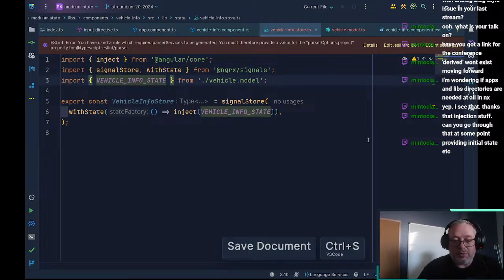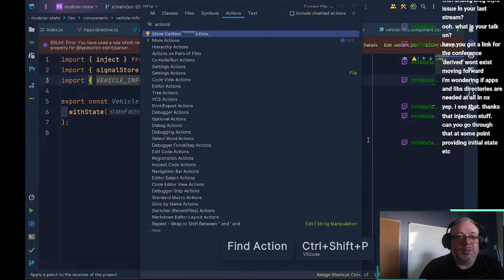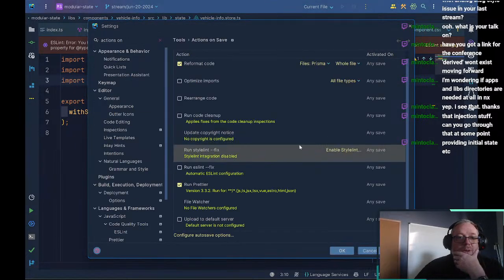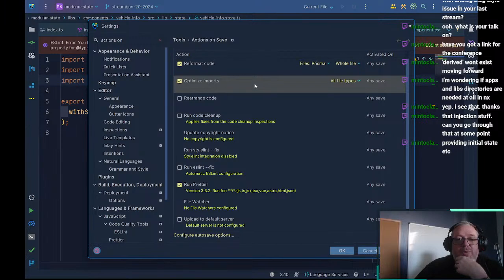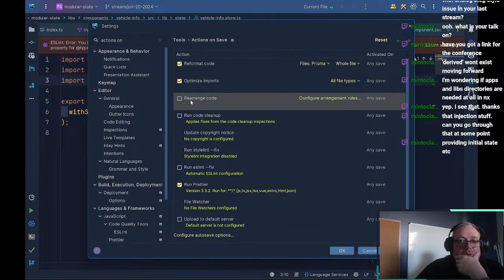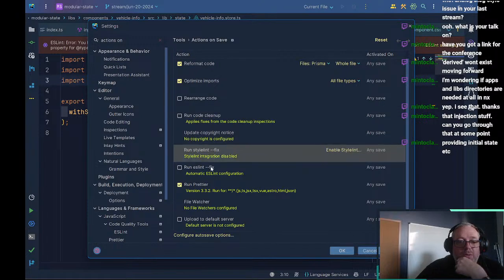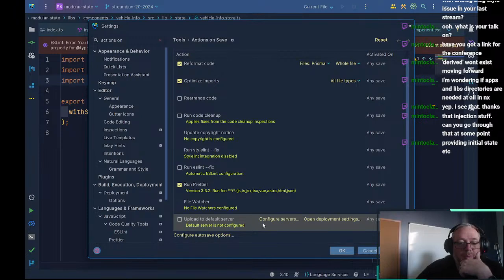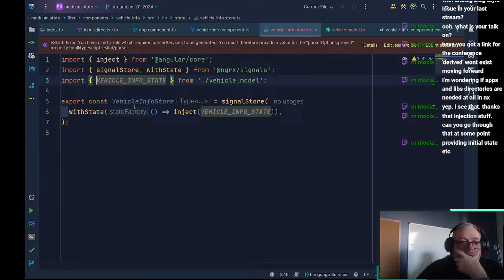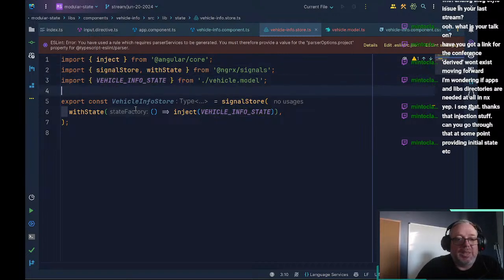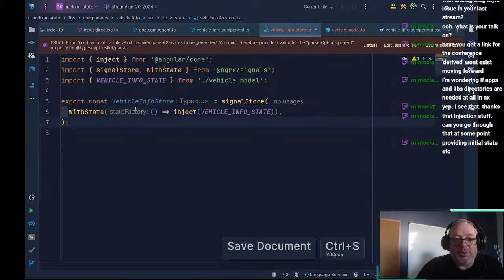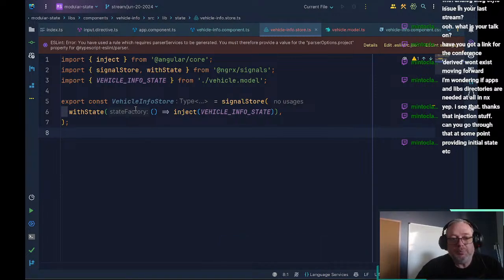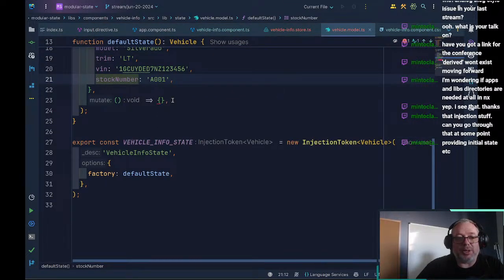The other thing I want to do is actions on save. Inside of here, we want to optimize imports also. I don't want to rearrange code. I do want to run prettier. Yes, we can apply that. So now it should clean stuff up for us at the top. So now we've got our vehicle info store. It's now going to provide state for us. So now if we go to our vehicle model,